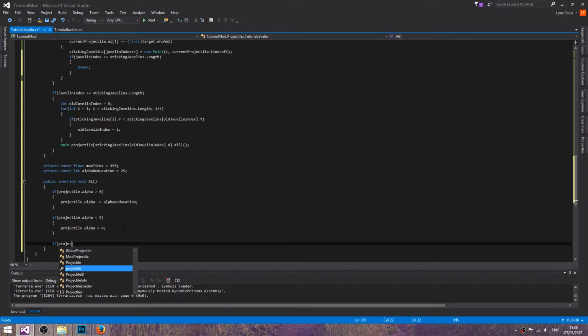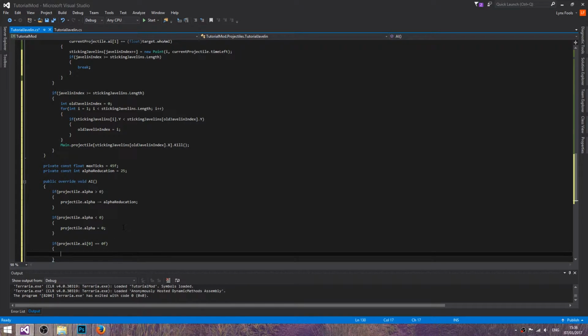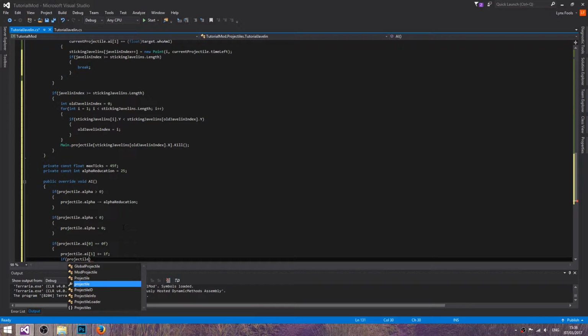If projectile.ai[0] equals 0f, projectile.ai[1] plus equals 1f. If projectile.ai[1] is greater than or equal to maxTicks,